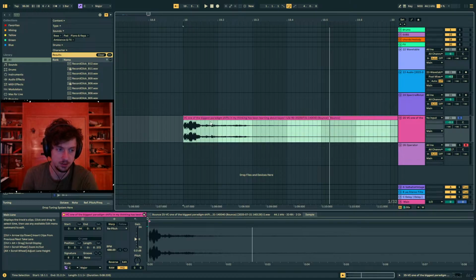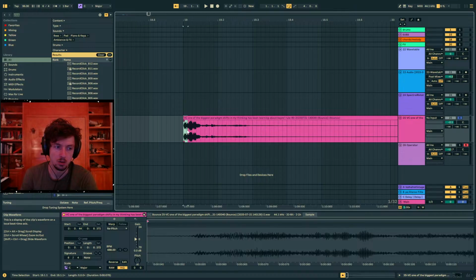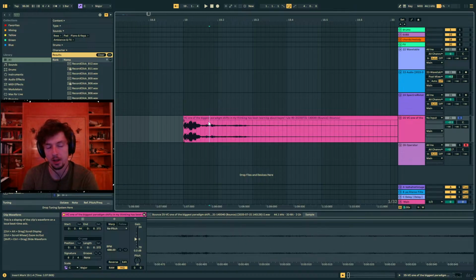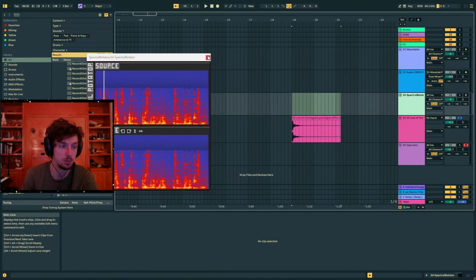It got completely rotated spectrally. The low end frequencies correspond. But point is, you can rotate it, it sounds really weird, and then if you apply certain effects to it,